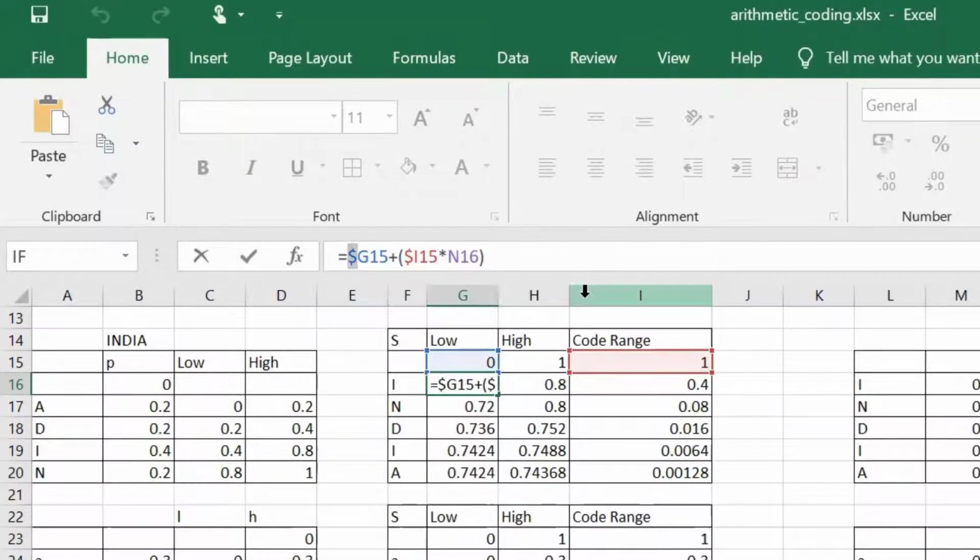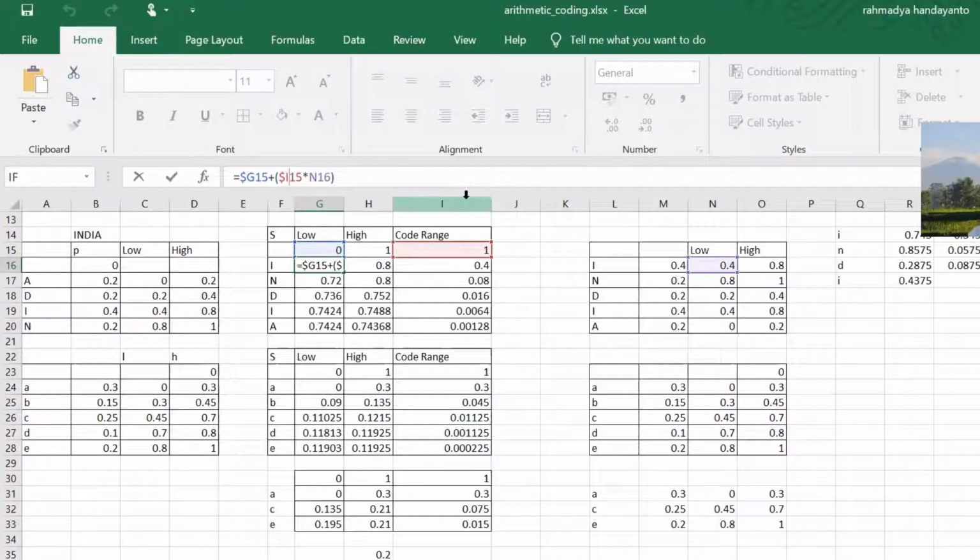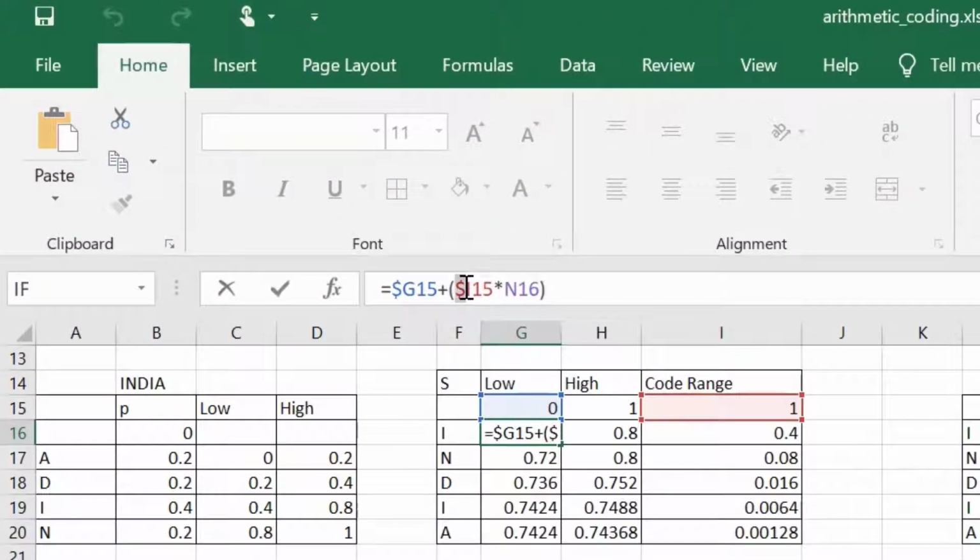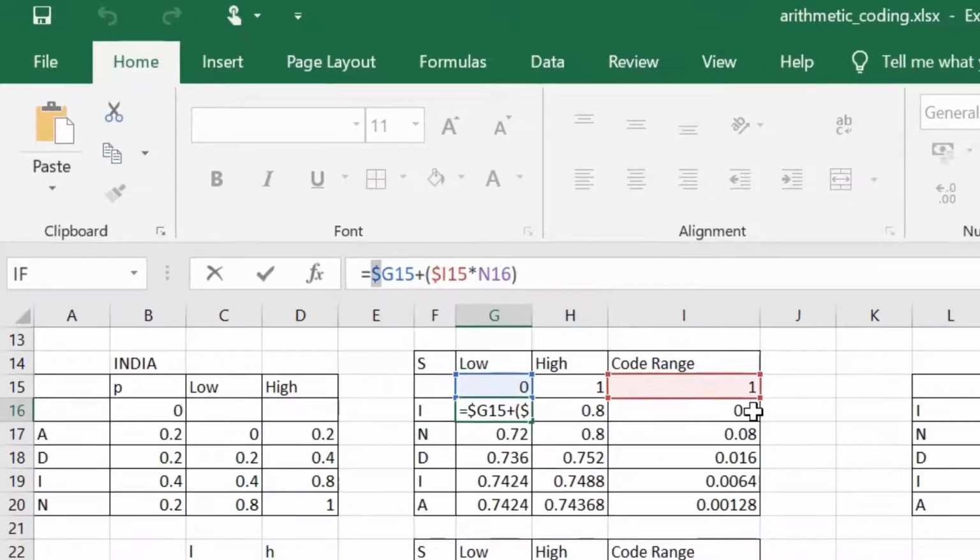And then for the code range, I have to fix the I row and only move in the column, so I use the dollar sign here.